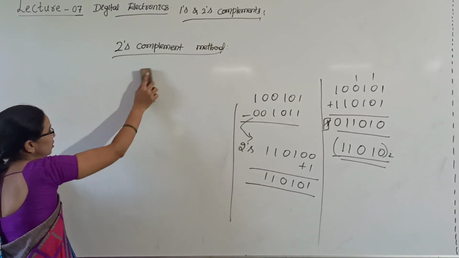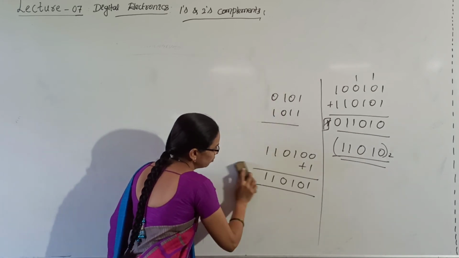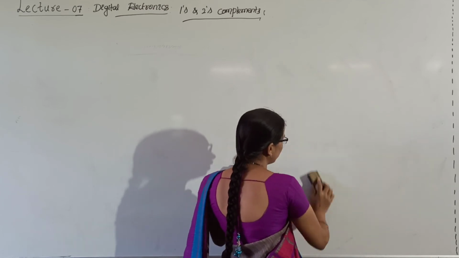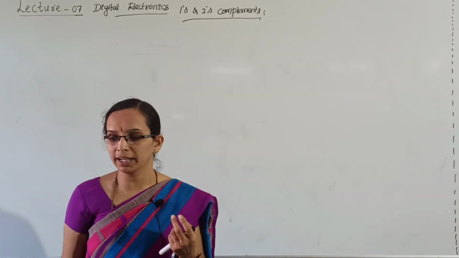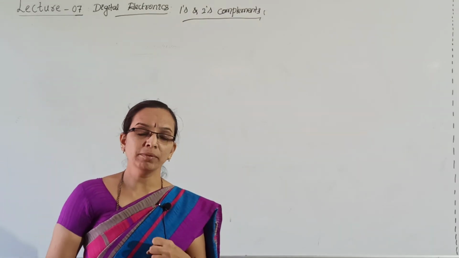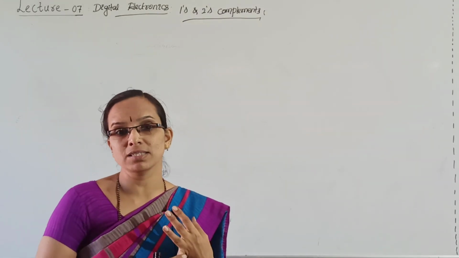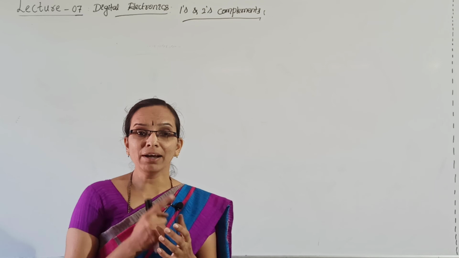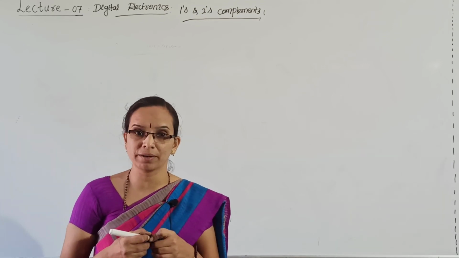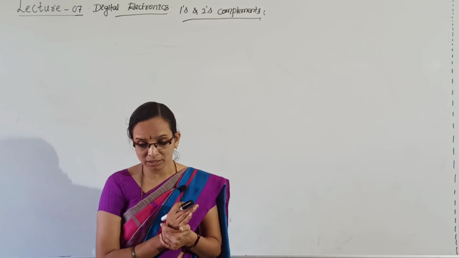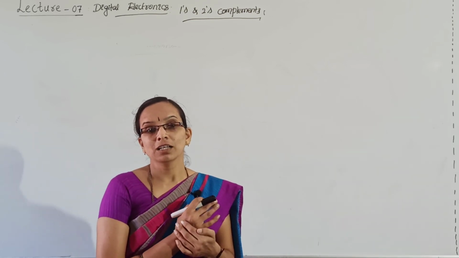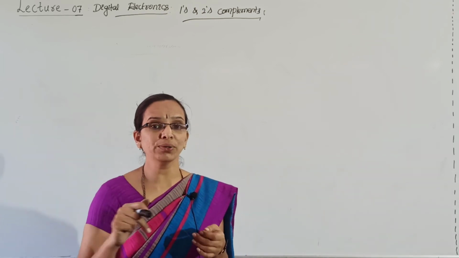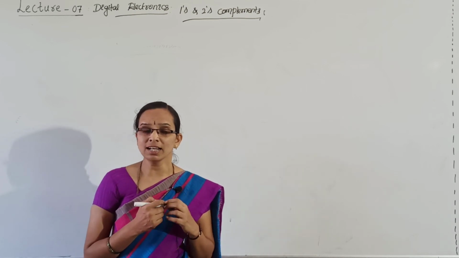And these are all the problems we have solved by using the 2's complement method of subtraction. You just need to remember how to take the 1's complement. The 1's complement of a binary number is nothing but replacing all the zeros by 1s and 1s by zeros. That gives you the 1's complement of a number. If you add 1 to that, you will get the 2's complement of a number. In performing the 1's complement method of subtraction, you will get an end around carry. You will discard that and add 1 to the result. What you will get is the final answer.